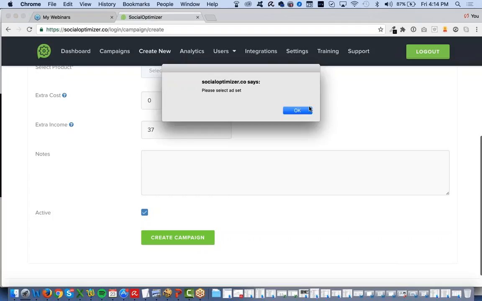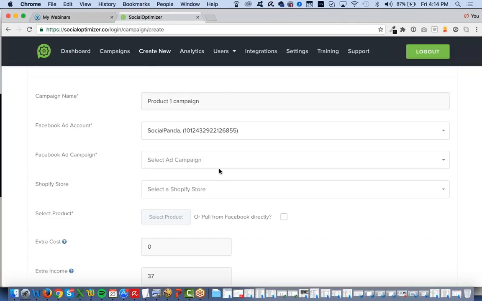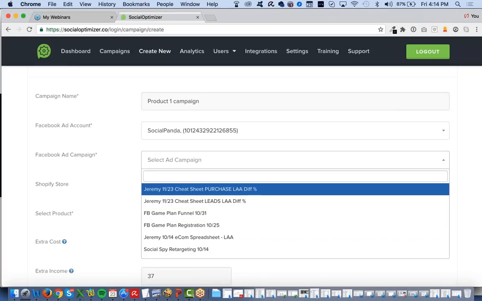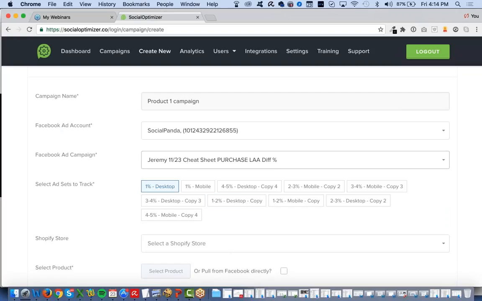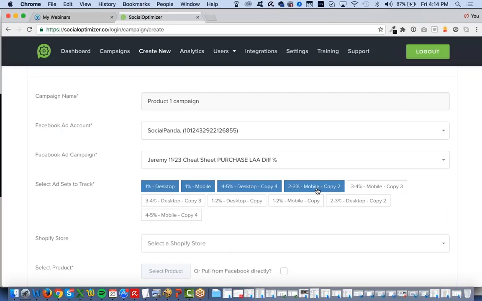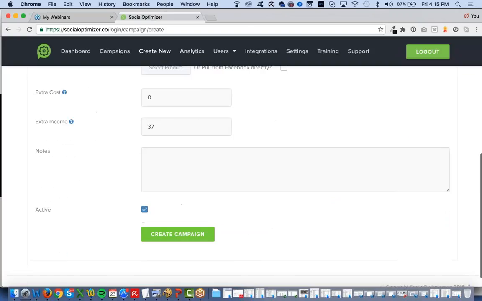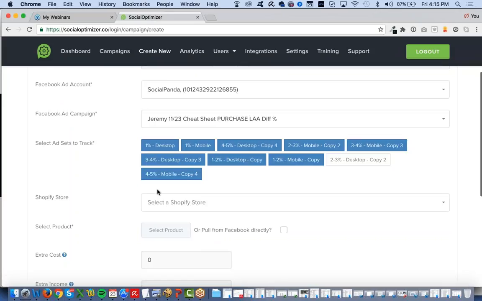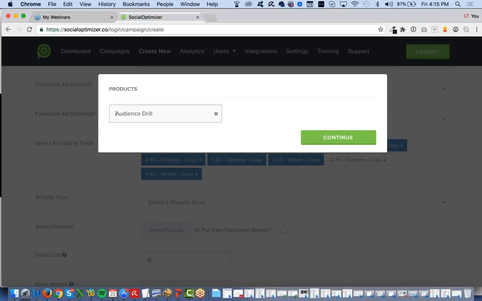Then we can click on create campaign. Now, what it's asked me here is to add an ad set. Right now, I don't have an ad set up for this product, so I would just enter one of my random ad sets, and then I would enter where I wanted these ads to be tracked from. Then again, I just click Create Campaign, and it's going to create that campaign for me. So I click Create Campaign, and it's asked me now to select a product, selected Audience Drop,